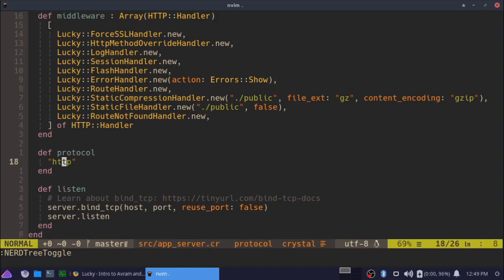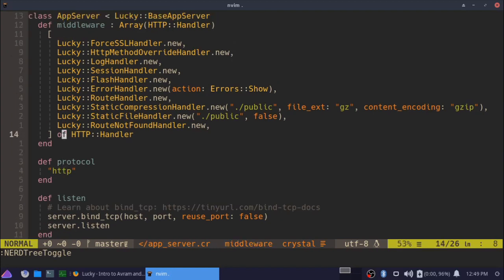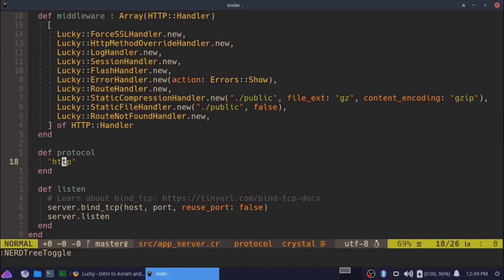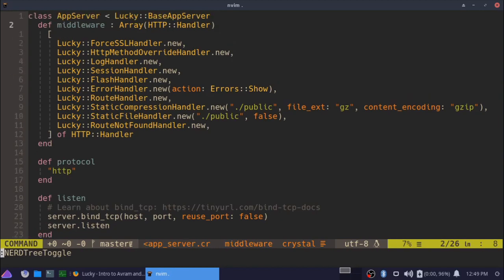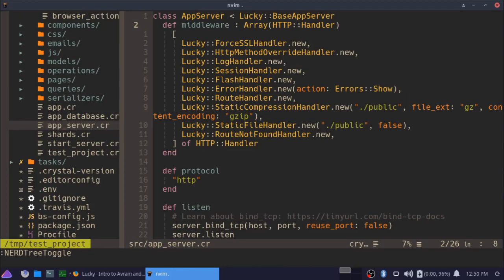I can't remember. You can set a protocol here, which I don't actually know what that's for. I imagine you might be able to use Lucky to create a TCP API or something instead of HTTP. Maybe a TCP or UDP. I don't know if that will work. Yeah, this is pretty straightforward, I think, anyway. I've been doing this for a little while. I've dealt with a few frameworks, but